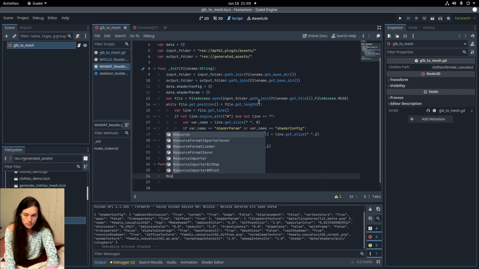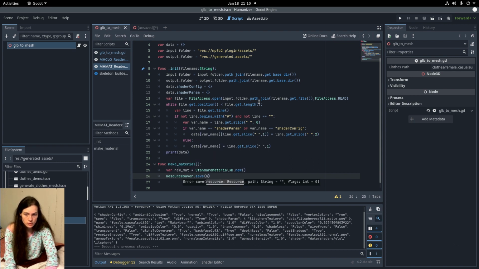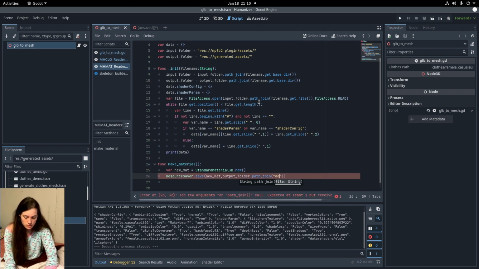And then I can use the resource saver to save the new material at the output folder, path join default material dot resource,